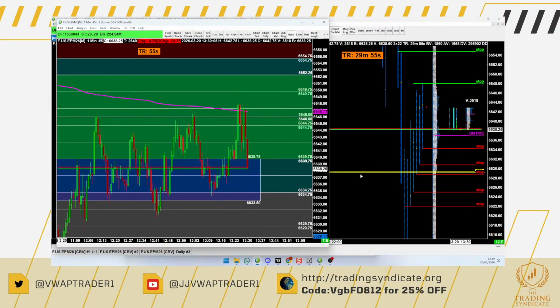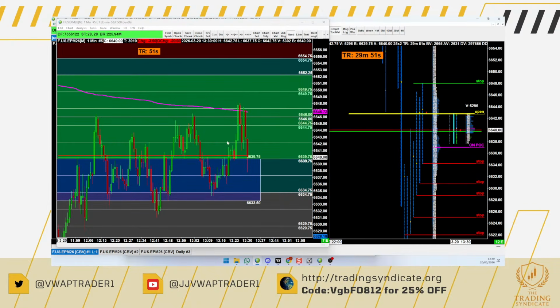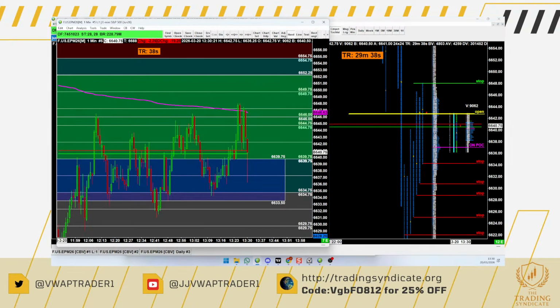Now, okay, we're open. So we open, go down to that cost basis. What I'm looking for is a long, and I might miss it because I want to look below and fail at 39 and 3/4. But I'd like to wait for this candle to close before I go long.